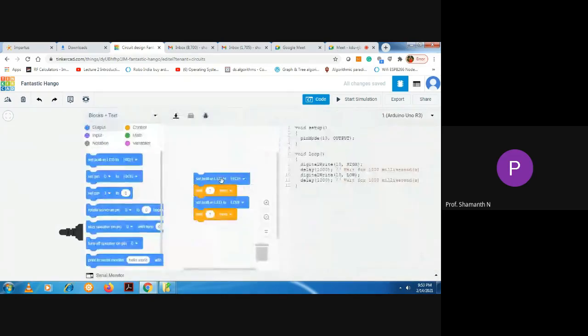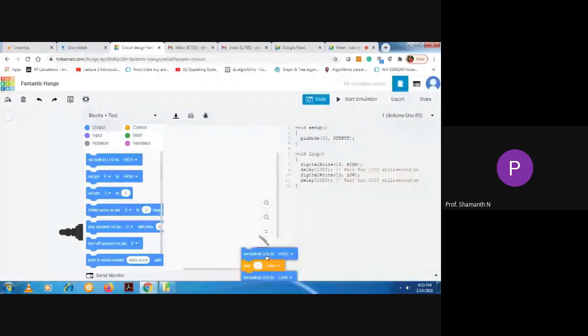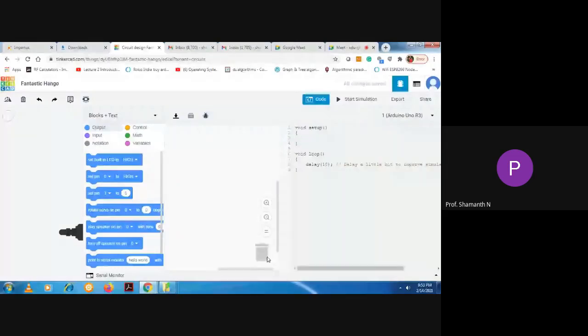You have to write totally new code, so select this code blocks, right click on the cursor on the code blocks and drag it to the trash bin. The code disappears. Now write a new code.